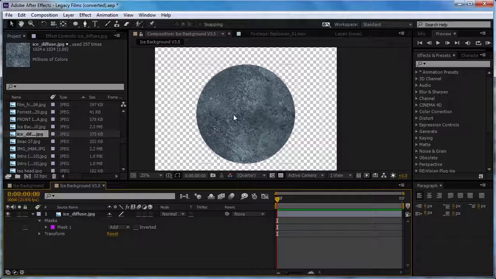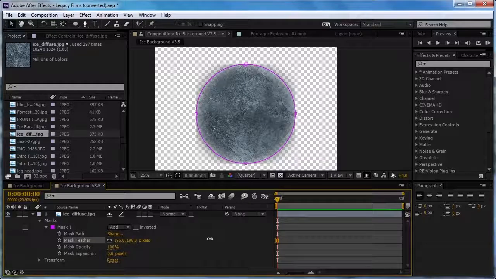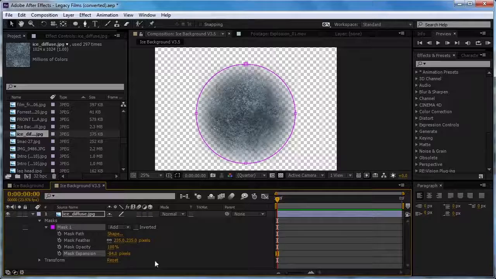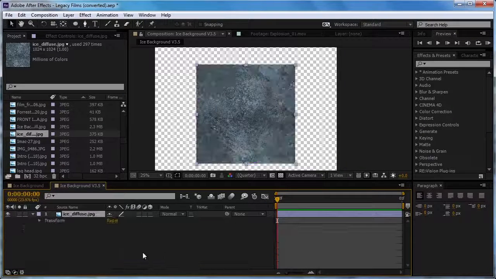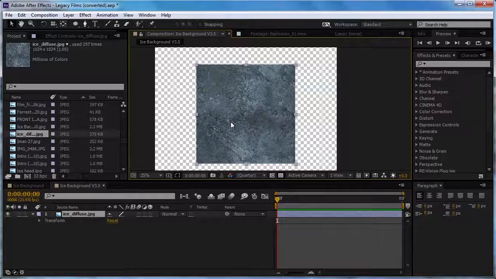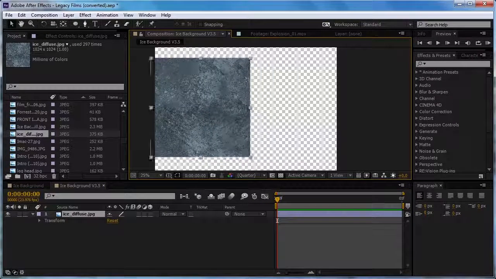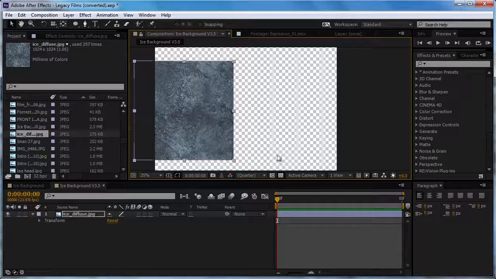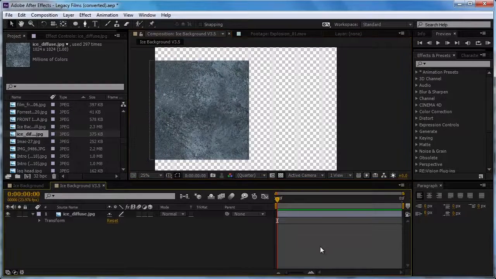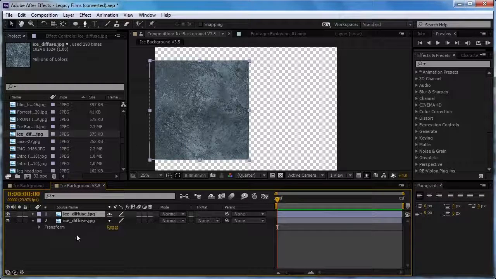And honestly, there's two different ways you can do this. You can feather it out and lower the expansion and just spread it all over the place. But the cool thing about this texture is it is in fact built for 3D. So what that basically means is that it can in fact loop across surfaces. So just a simple way that we could do that would be to duplicate it, Control D, and choose